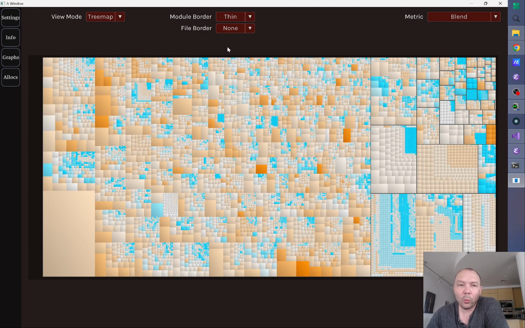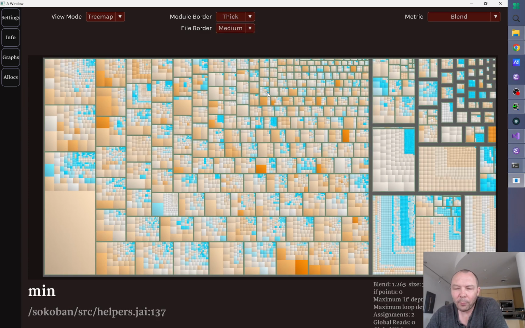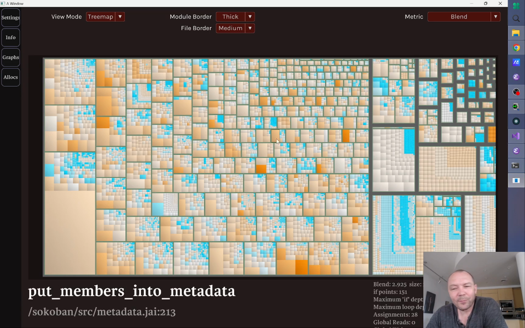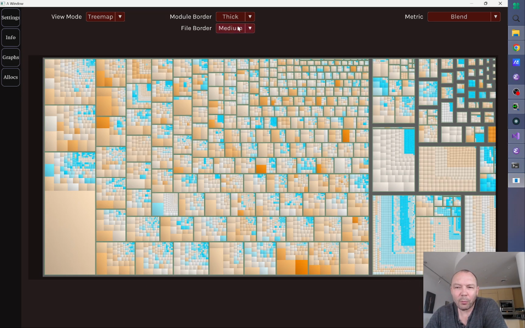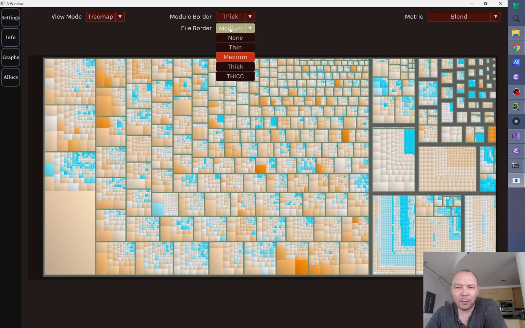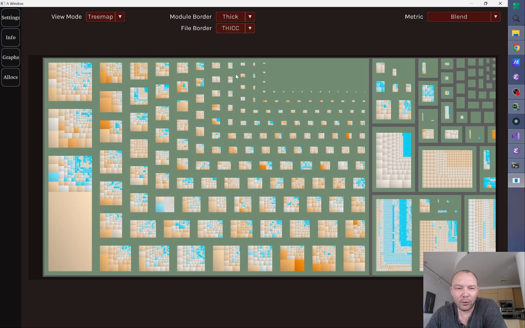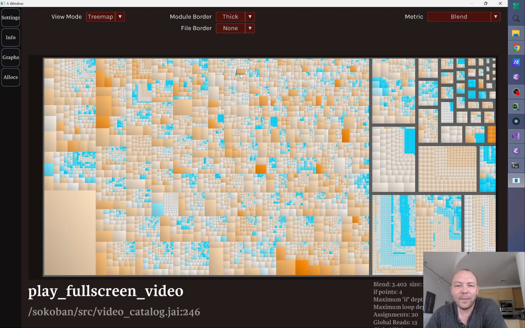Now, in the last part, we added this UI to put borders between things, and there are some issues with this. It's kind of ugly by default. Firstly, these border settings are pretty big. This should probably be the THICC, and then medium should be thinner. Like this one's just stupid. But also,